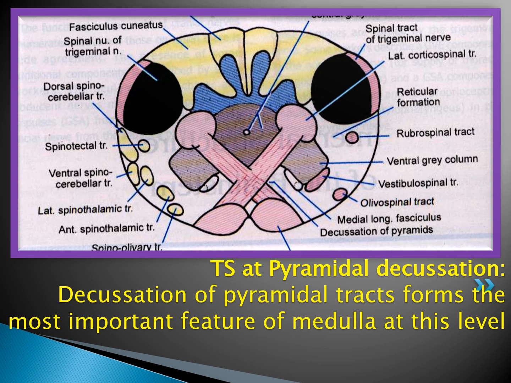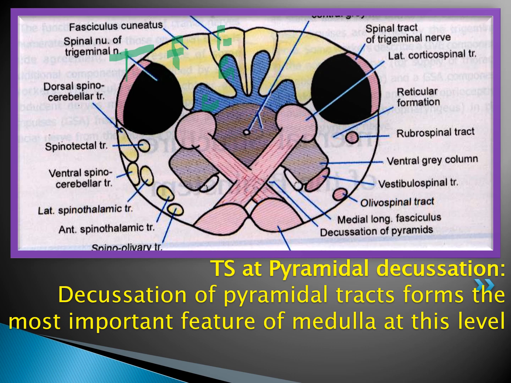So this is the same diagrammatic representation. This is the nucleus gracilis and this is nucleus cuneatus. This is fasciculus gracilis and fasciculus cuneatus, and this is the spinal nucleus of trigeminal nerve. So this trigeminal will have a long nucleus extending from the spinal cord to the midbrain. When you learn the cranial nerves, you should learn carefully. Some cranial nerves have many nuclei, and sometimes one nucleus may give rise to many cranial nerves.